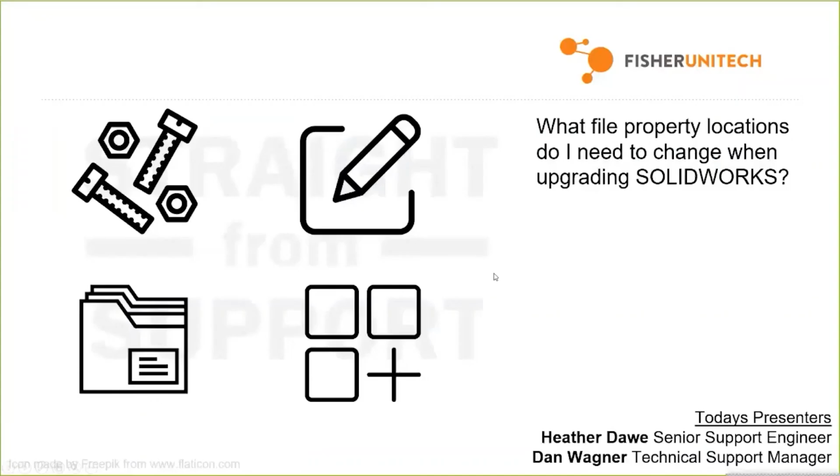All right. So we talked about four things. We talked about upgrading them in the toolbox, making sure our toolbox is pointing to the right location. We also did a discussion on what happens if we need to modify our toolbox, how we can upgrade it from there. Our sheet formats, we talked about how those don't automatically get updated because we have custom ones, so how to upgrade those, our sheet formats and document templates. Our file locations, how to do it individually, and then how to do just a mass file location update. And then other programs that we looked at, inspection and Treehouse, and how to point those to the right